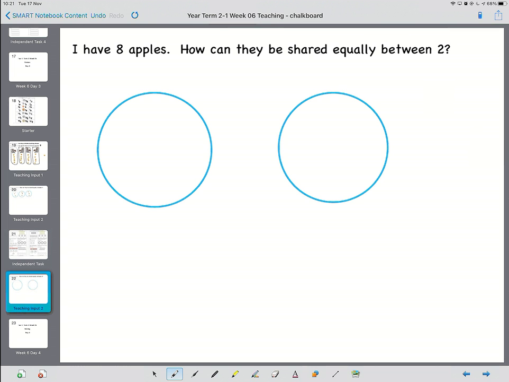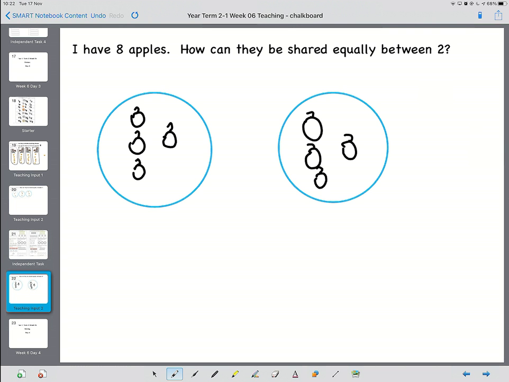Okay, so here's another question. I have 8 apples. How can they be shared equally between 2? Now I'm going to draw them this time. So we've got 1, 2, 3, 4, 5, 6, 7,